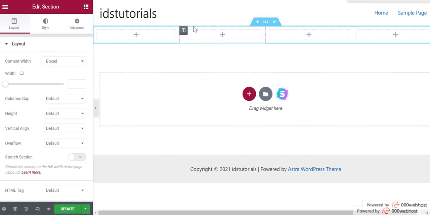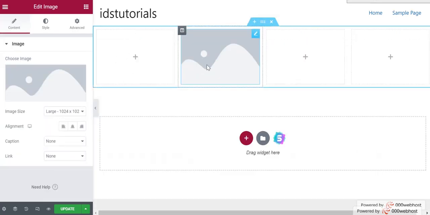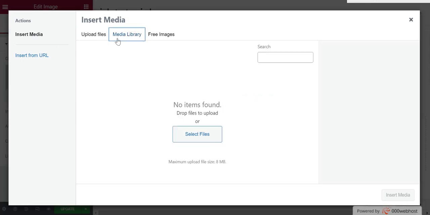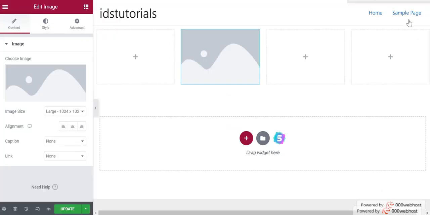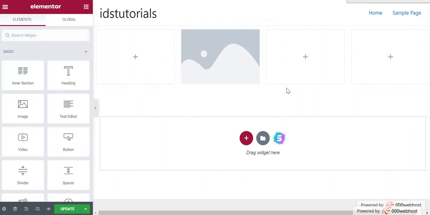If we want to drop some elements, you have to click on this icon at the right hand side. Click on this and you will get all these elements. So for example, I want to add some image. Just click on this and drop it over here, and you will get this image, and we can just upload it, or we can just have it from our media library if already uploaded. Okay, so let me show you how to use it by designing the web page.